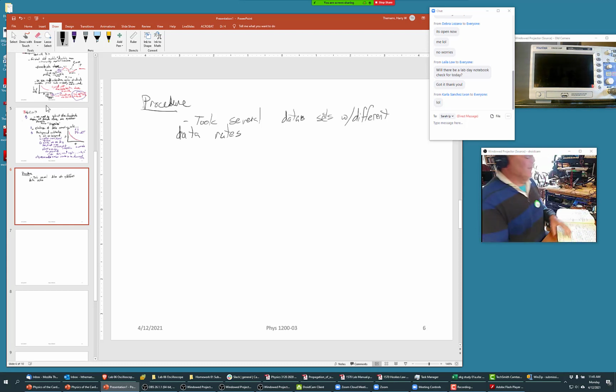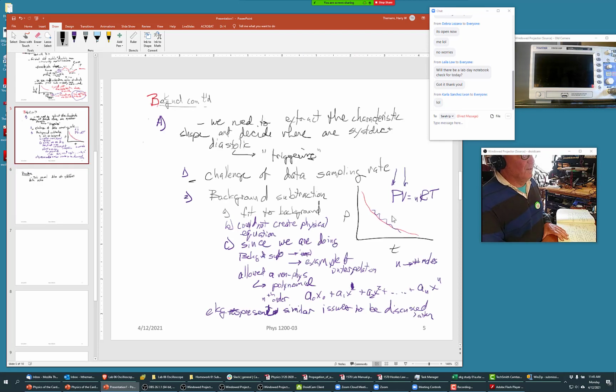Right, so I think that I missed a trick here. Where is it? Sampling rate, here it is. So we need, and this is real simple, you can just steal,